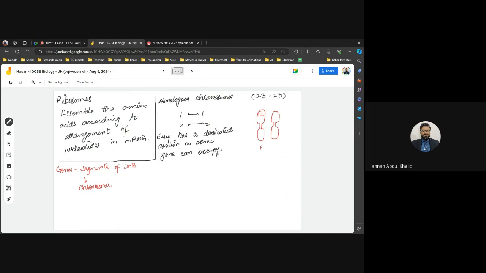You can also say dedicated location. So if location number one is dedicated for gene X, two is dedicated for Y, and three